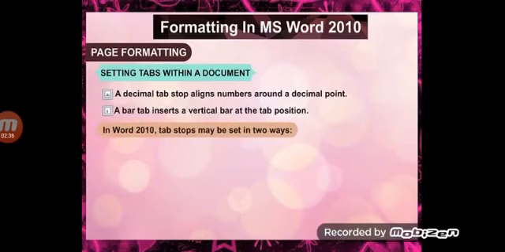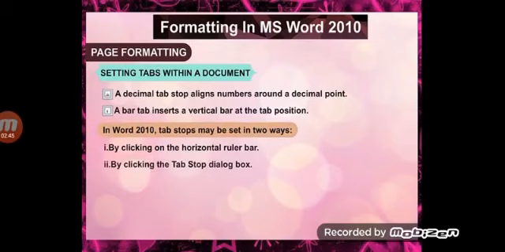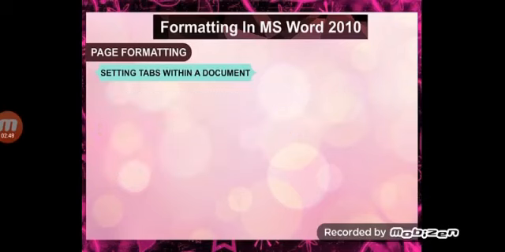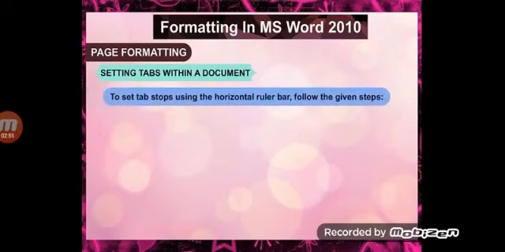In Word 2010, tab stops may be set in 2 ways: by clicking on the horizontal ruler bar and by using the Tab Stops dialog box. To set a tab stop using the horizontal ruler bar, follow the given steps.